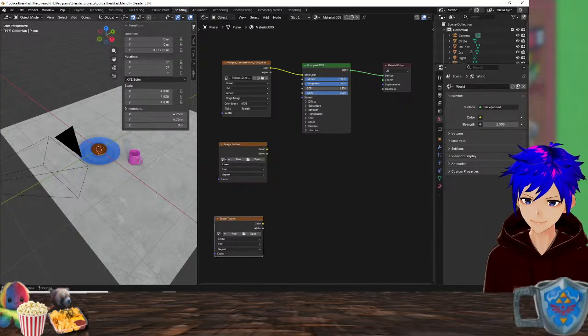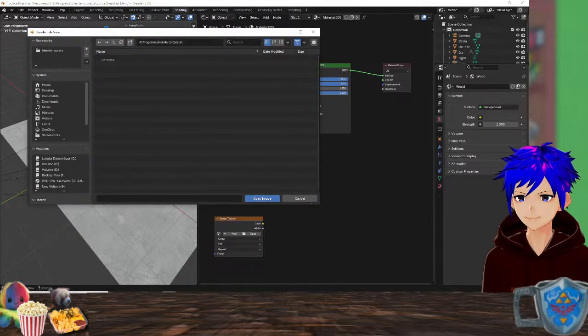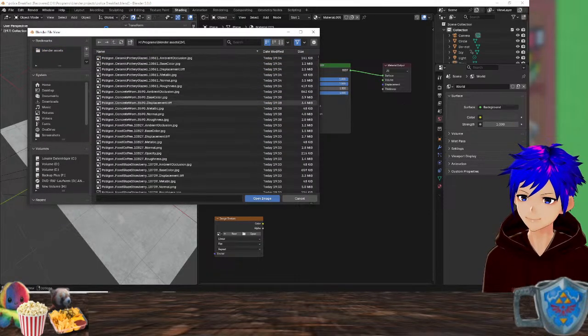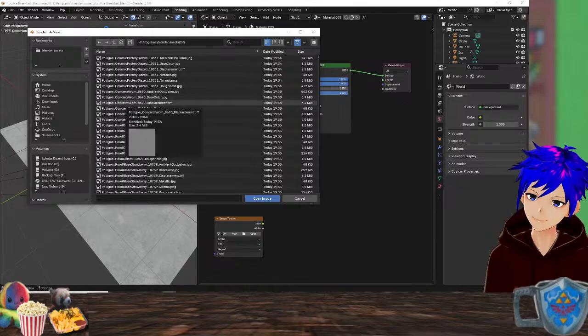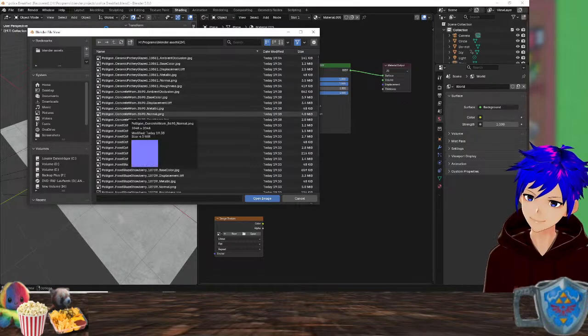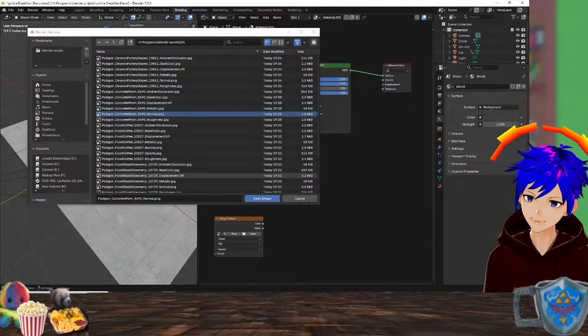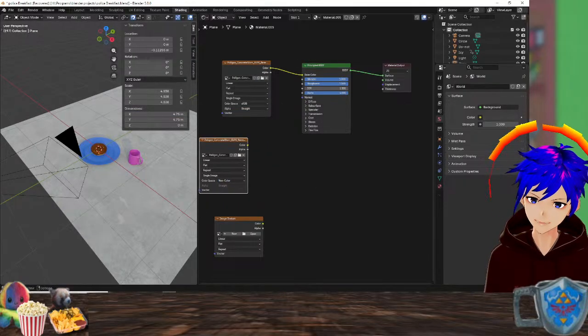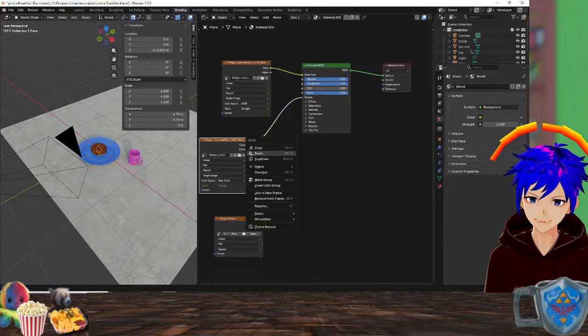Paste. Good. Open. Normal. Change from RGB to non-color. Put that in here.